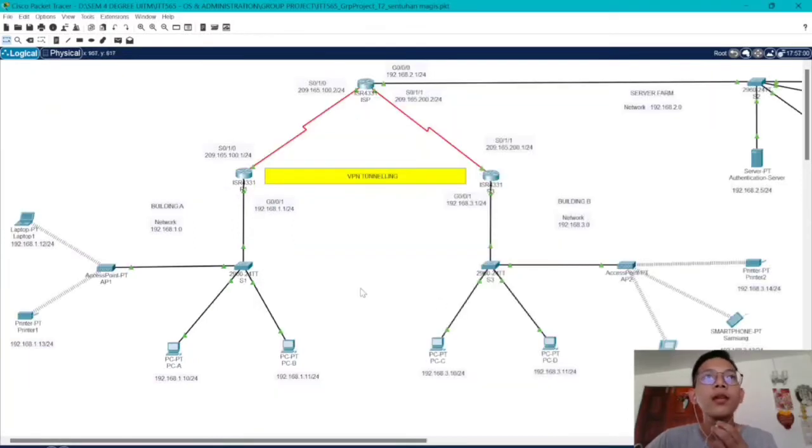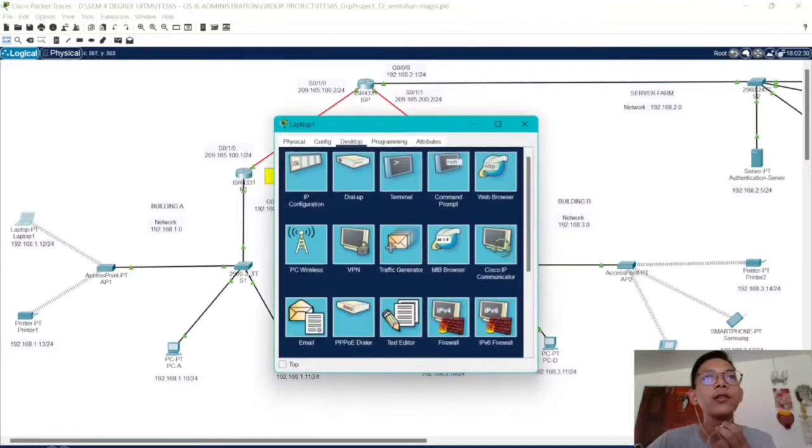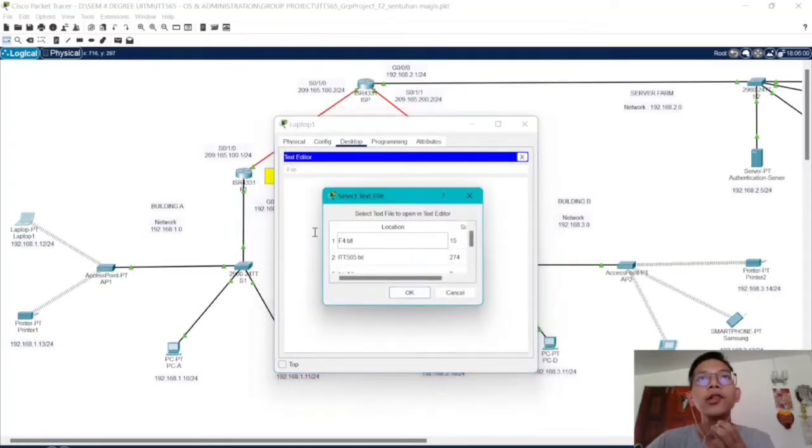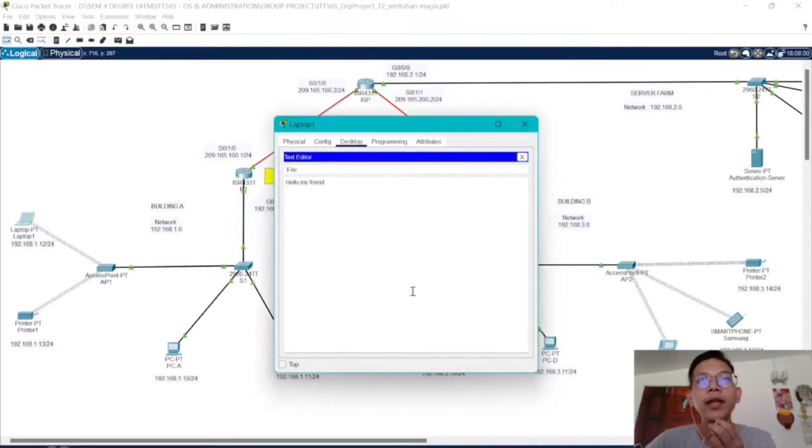Okay. Next, I will show how to update the file. If you want to update the file, we will go to the text editor. Right now, I will go to the laptop one. Then in the text editor we click File, Open File, and I will choose f4.txt and click OK. Then we can update the file content, which is a contact from my friend, and I want to update the file, and then we add